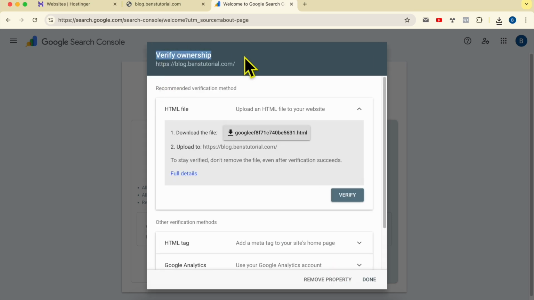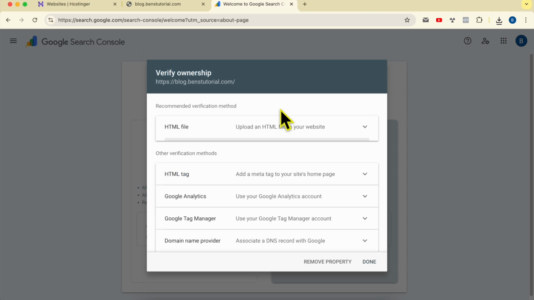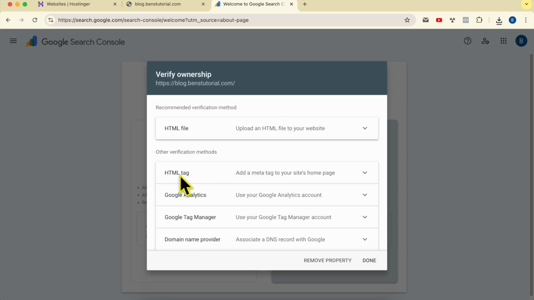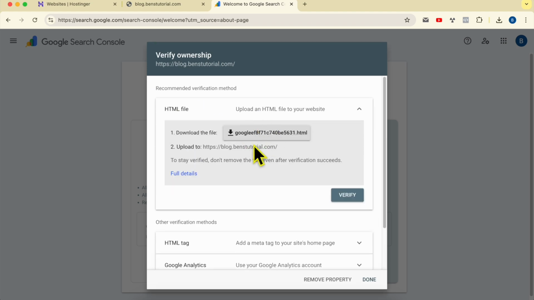Now you need to verify your website ownership. Here Google Search Console recommends this HTML file verification method, but you can also verify using other methods, for example, the HTML tag, Google Analytics, Google Tag Manager, or domain name provider. Since you have a WordPress website, yes, the recommended method is uploading the HTML file to your website files,